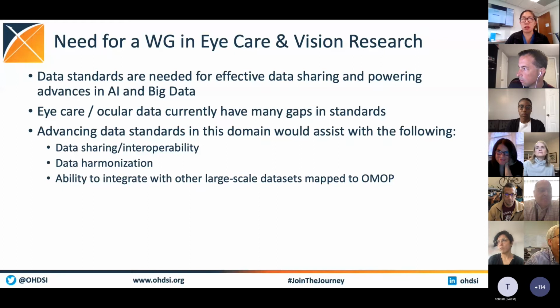Similarly, we have another large data consortium that consists of several academic ophthalmology departments, and that one uses the EPIC data model, but not a vendor-agnostic model. So we're hoping that by creating OMOP-specific data mapping for ophthalmology and eye care and vision research, we can facilitate some of that harmonization with these other large data sets and generate new insights into how the eyes connect to other parts of medicine. And that'll be really great, I think.